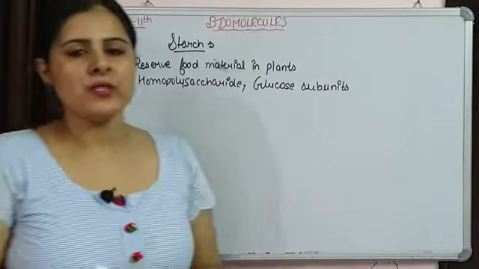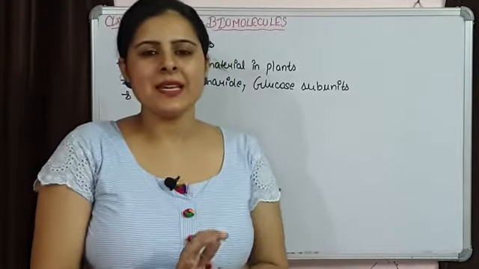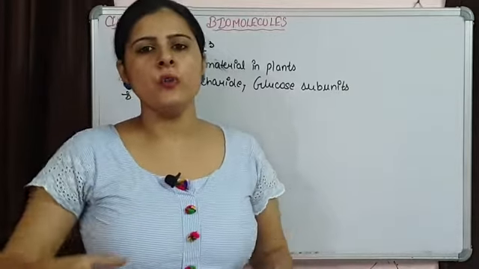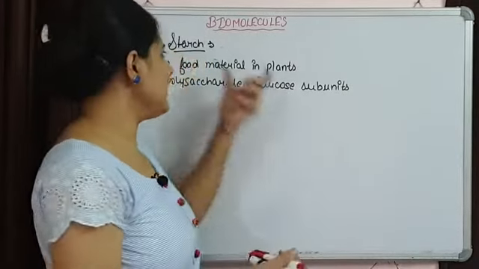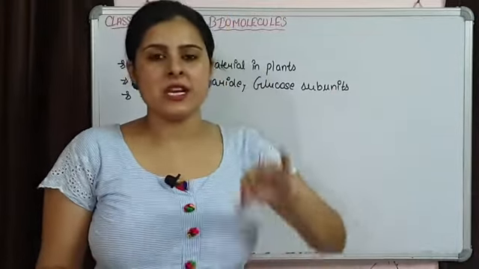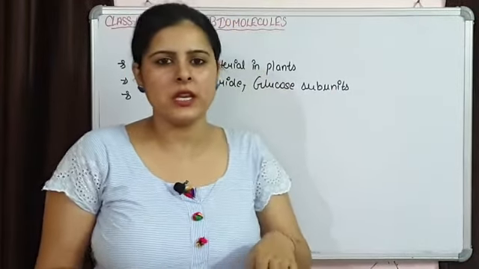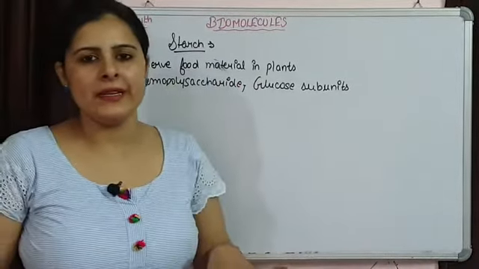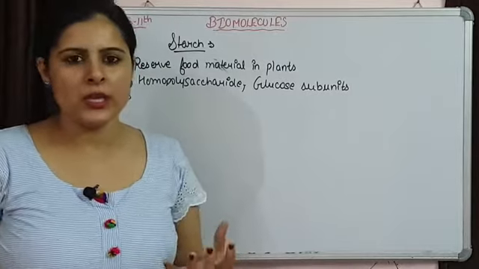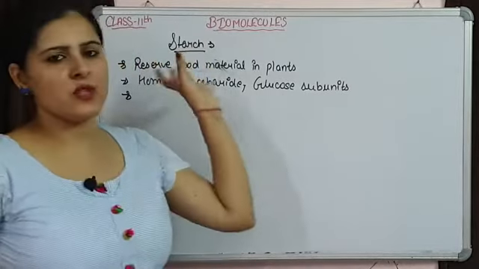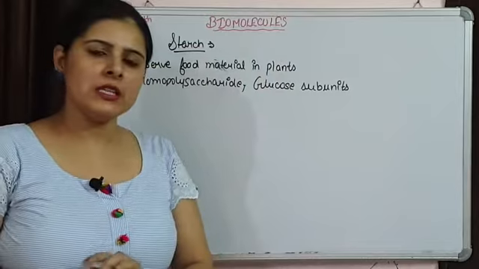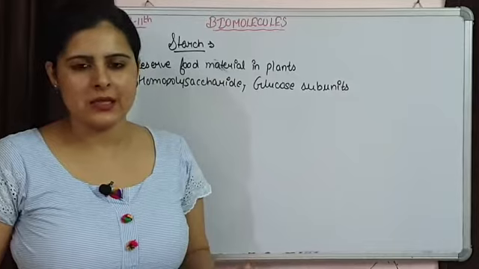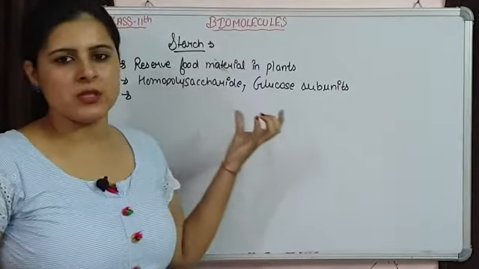Now जब भी मोनोसैकेराइड्स या ओलिगोसैकेराइड्स पॉलीसैकेराइड्स बनाते हैं, the size is going to be large plus insolubility is there. ये सॉल्युबल नहीं होते हैं. जैसे जैसे साइज इंक्रीज होता जाता है सॉल्युबिलिटी डिक्रीज होती जाती है. So if they are insoluble then it means they are perfect for reserved food material. ये easily solubilize नहीं होते हैं और जब भी required होता है then these starch will be broken down and finally they are converted into glucose and this glucose will be used up by the cells. This is how the process is occurring.